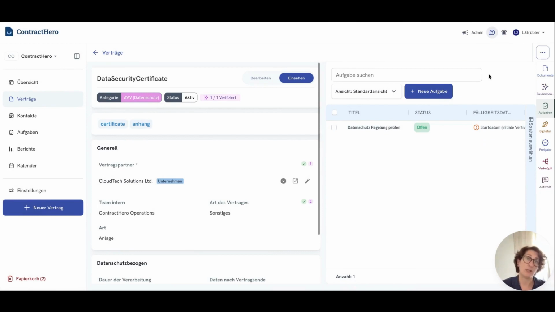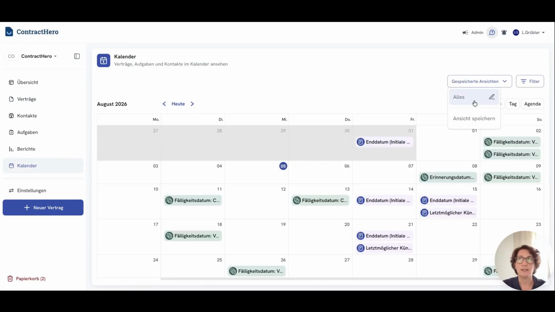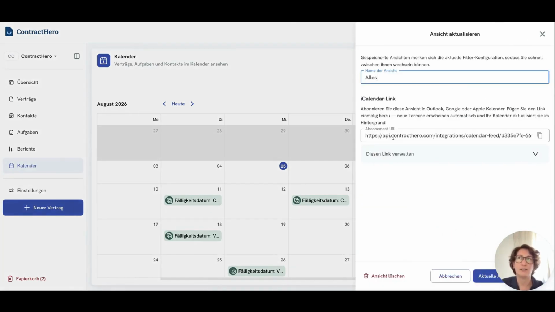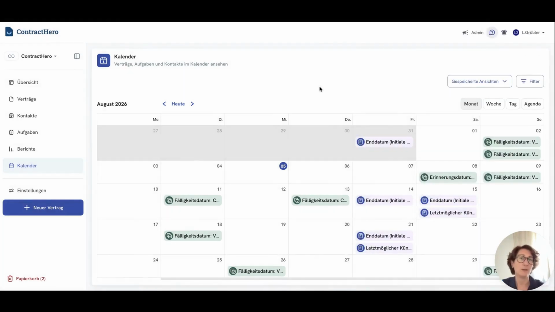However, through automation, we take away the mental load of having to ask yourself with every contract that is uploaded, do I need a task here? Do I want to be reminded here? And what is, of course, even nicer, if I now go into the calendar view here, I can then also create a view here of, for example, tasks or contracts. And once I've created the view just the way I'd like it, I can then also have a calendar link created from my view, copy it, and then provided I integrate it into my whether it's Gmail or Outlook or Apple Calendar, I then always have the link directly back to the contract or task in my individual personal calendar,